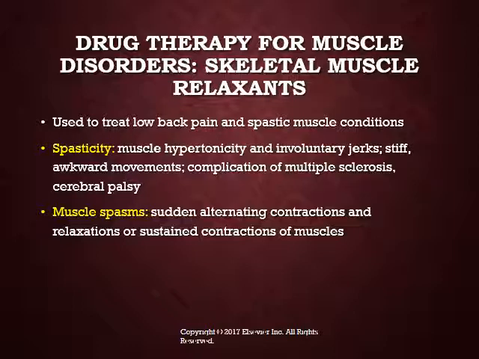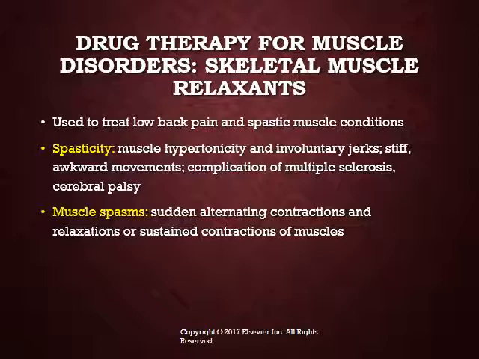Drug therapy for muscle disorders, skeletal muscle relaxants. These are used to treat low back pain. They're used for spasticity, muscle spasms. Spasticity is characterized by stiff, awkward movements and is often a result of multiple sclerosis or cerebral palsy. So this is not necessarily just an acute injury. This can be a chronic condition. And they are generally treated with anti-spasticity agents such as baclofen, dantrolene are the two we're going to talk about. They can also be treated with